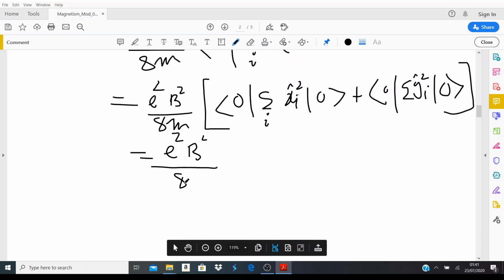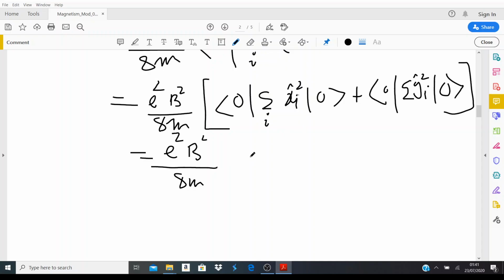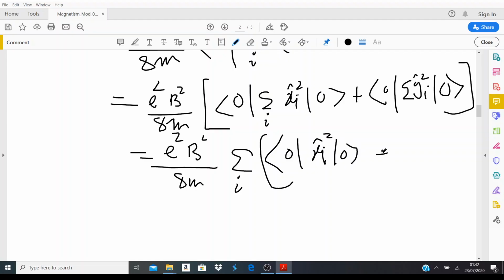It is the same whether you perform the sum and then find the expectation value, or find the expectation value first and then the sum. The sum and the expectation value commute. So you can write the term as the expectation value of x_i squared plus